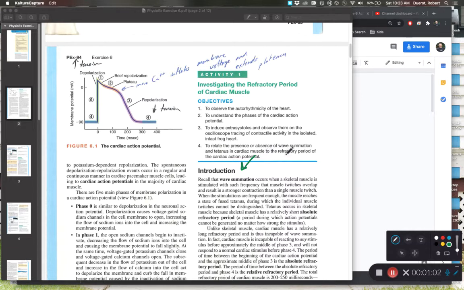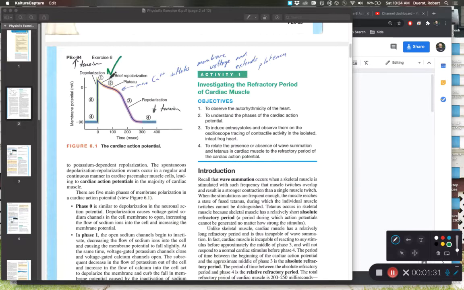However, in skeletal muscle cells, if we have tetany, we, generally speaking, aren't going to die. I mean, if your leg's cramping up, it's not going to kill you. It's uncomfortable, but it's not lethal. And we can get away with that in skeletal muscle cells because skeletal muscle cells have a short absolute refractory period. However, as we look at cardiomyocytes,